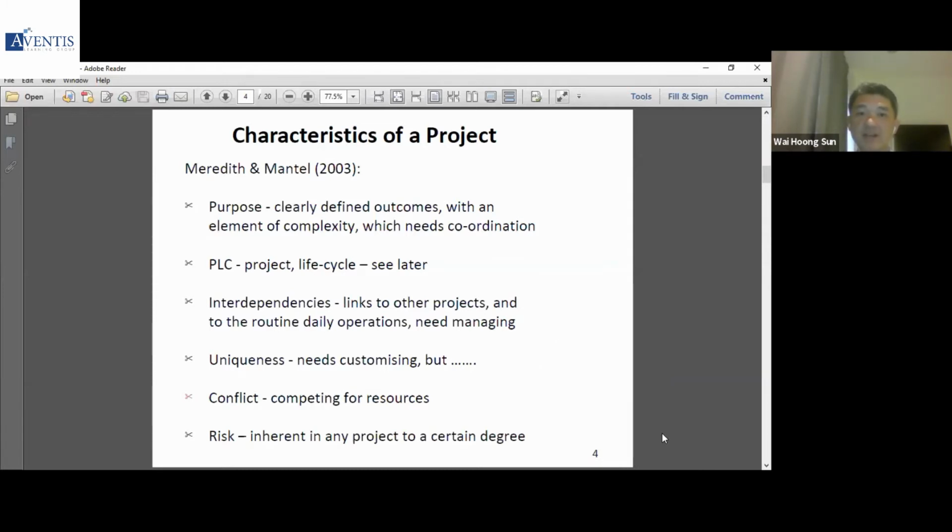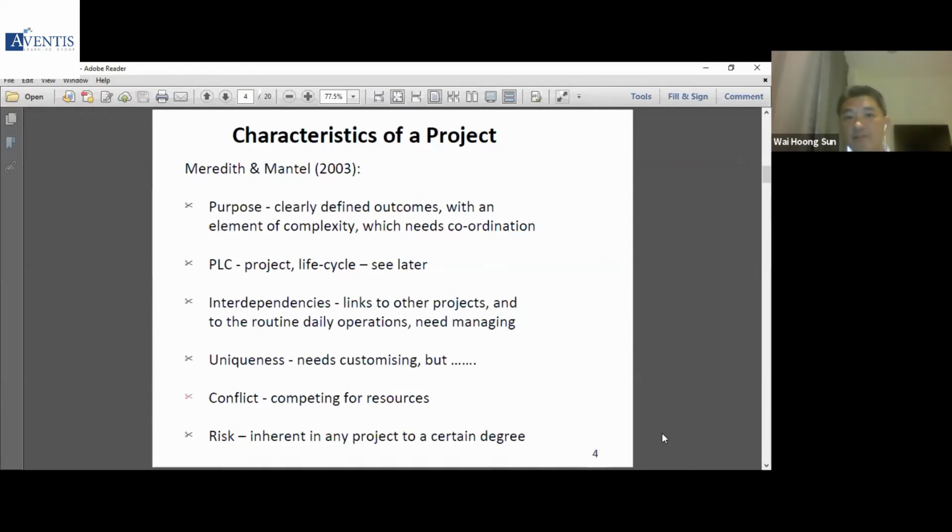If there's no purpose, then the project is maybe not very specific. So there needs to be a purpose, right? So that everyone knows where the project is heading. So that is very important. So clearly defined outcomes